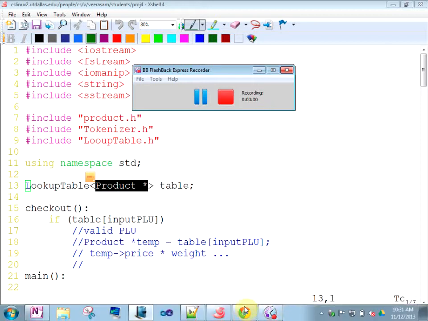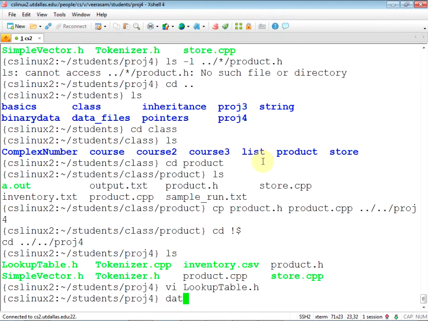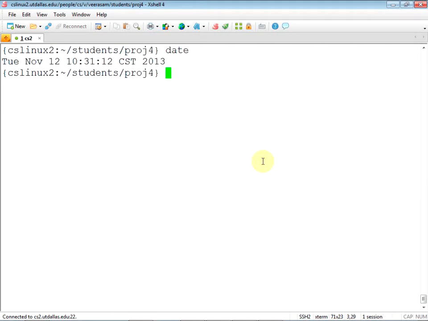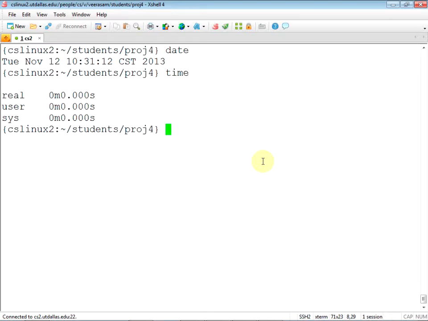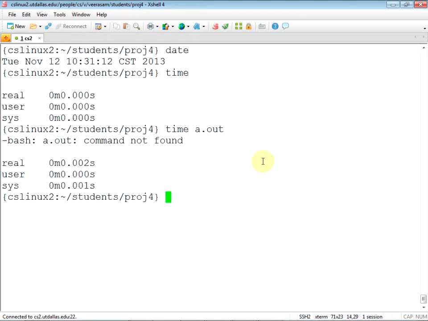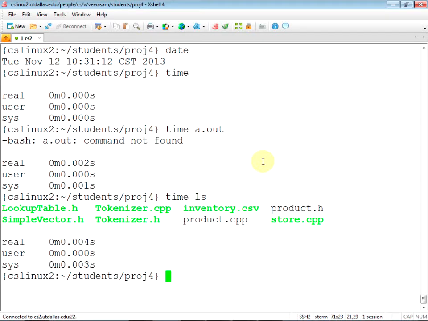We know the date command, which displays date and time, and there's a time command that doesn't display time, rather it times something. You can do a.out, time ls. So time shows how much time a particular command takes. We covered that, remember, copying a block of a file, input file to output file, using C standard system calls. We used the time command, right?